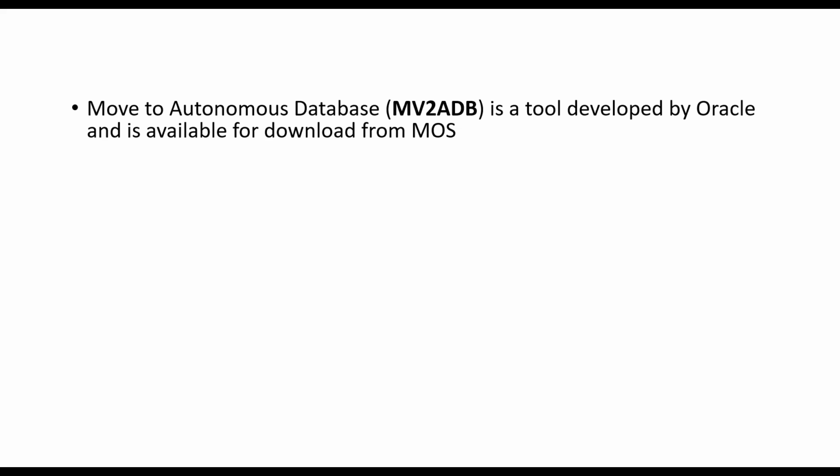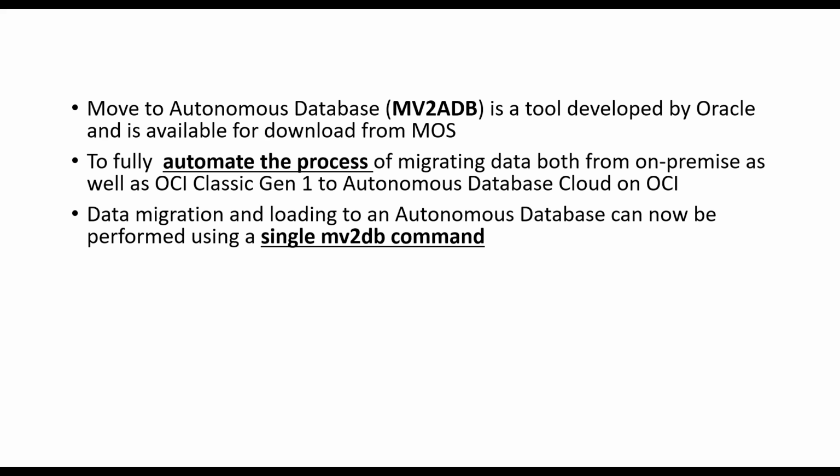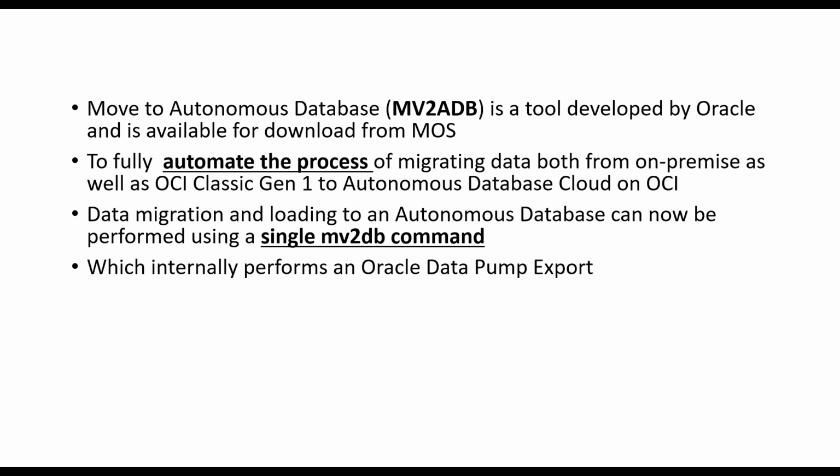MV2ADB is a tool developed by Oracle. It's available for download from My Oracle Support. It fully automates the process of moving data from on-premise to the cloud. In this case, we are going to show you an example of moving from OCI Gen 1 or Classic to Autonomous Cloud. Data migration and loading to an autonomous database can now be performed with a single command. You can use MV2ADB just with the auto command. I'll show you that